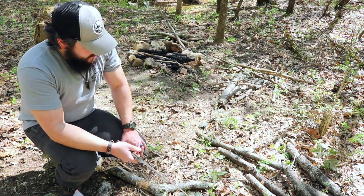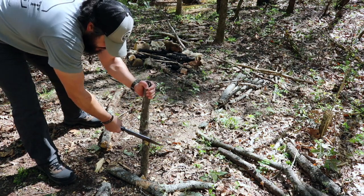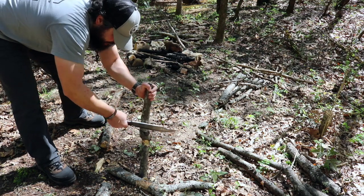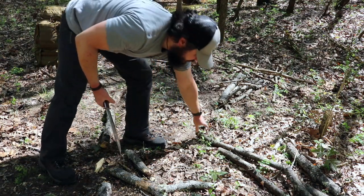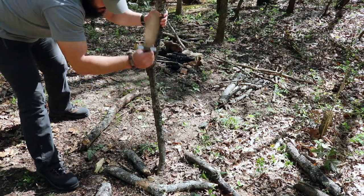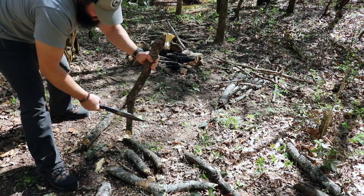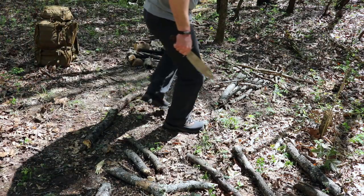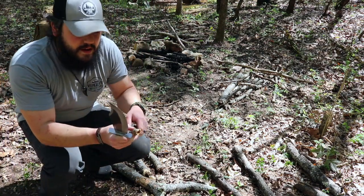So for this, like I said, it's definitely got the weight and the blade to be a chopper. It makes very quick work of your firewood size. So it goes through very easily, very quickly. And if you're wanting to do more fine